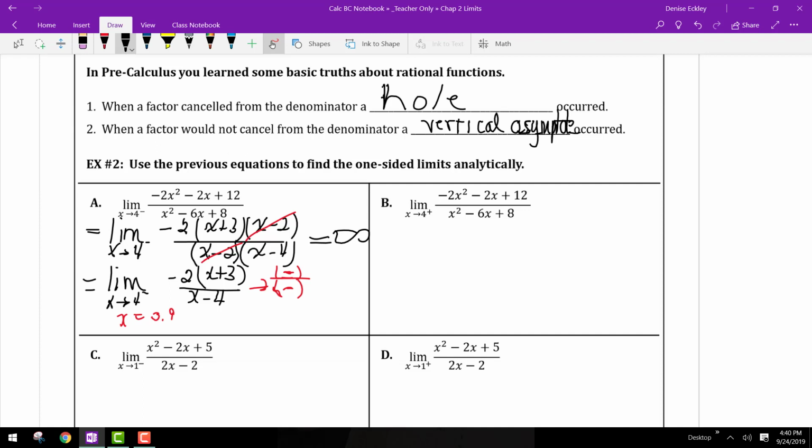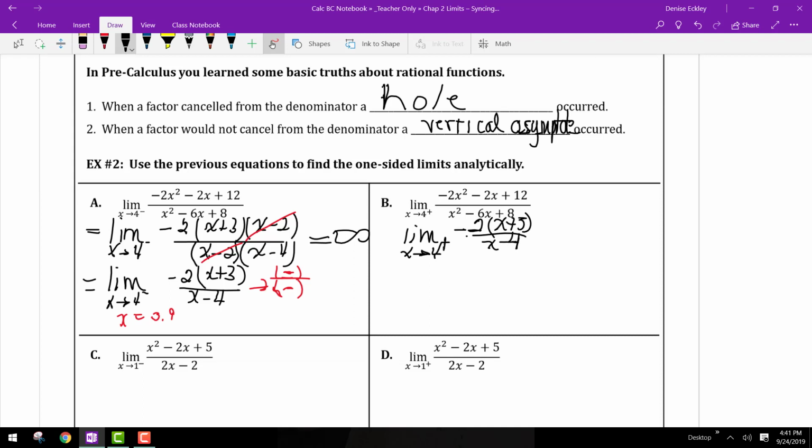Okay, so let's do the same with 4 from the right. We did all the hard work, so we can just rewrite this as the limit as x approaches 4 from the right. Our simplified form is negative 2 times x plus 3 over x minus 4. And again,